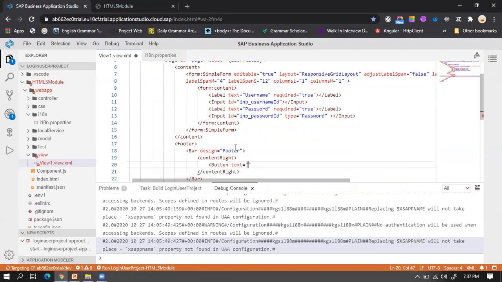Keep the text of the button as login, and I want to trigger an event. So I'll give the press event. I can add my custom function name, that is onLoginUser. So let's save and run your app.